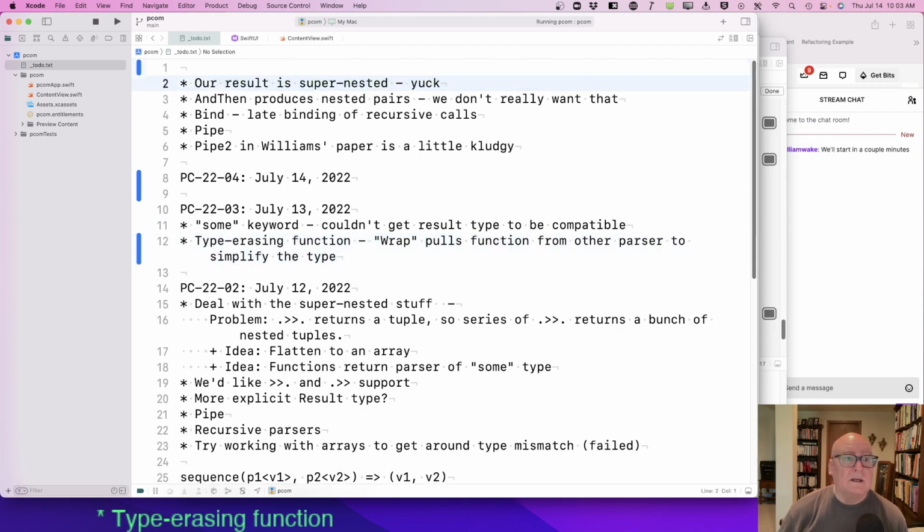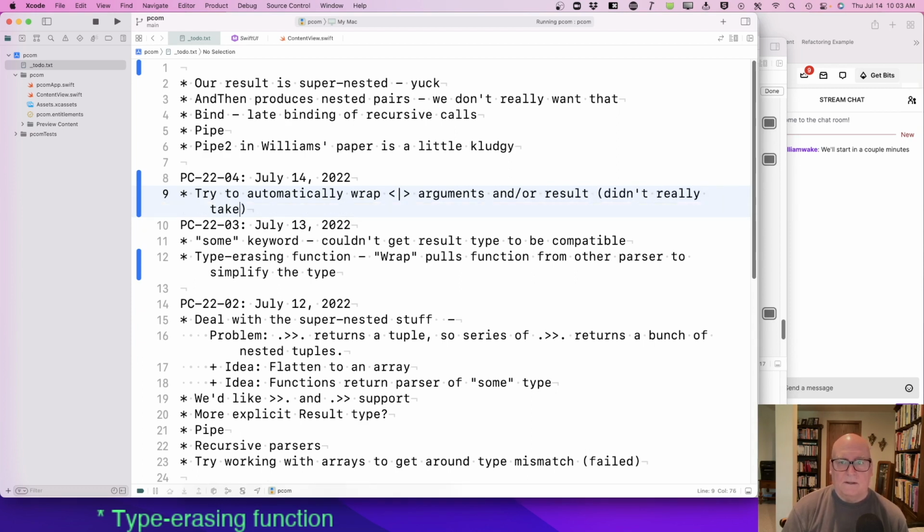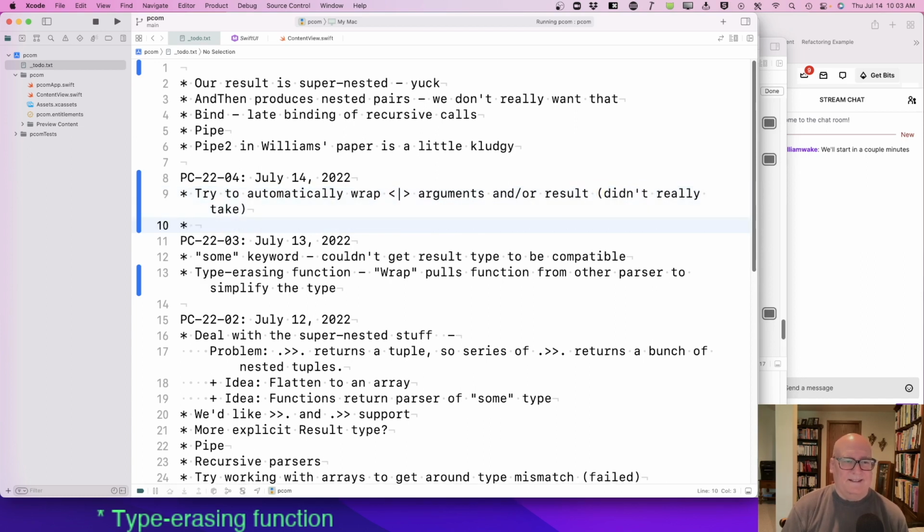What we did today is try to automatically wrap arguments and or result. Didn't really take, and that could be me.